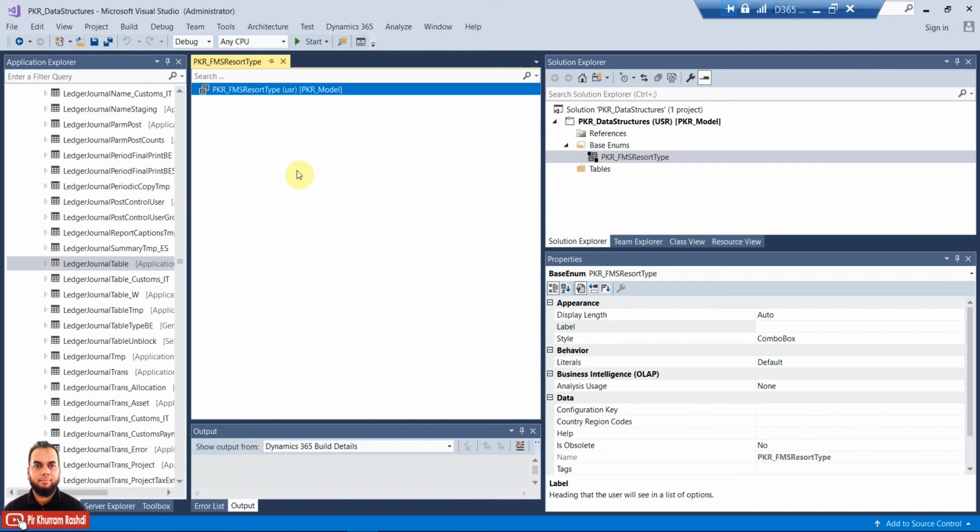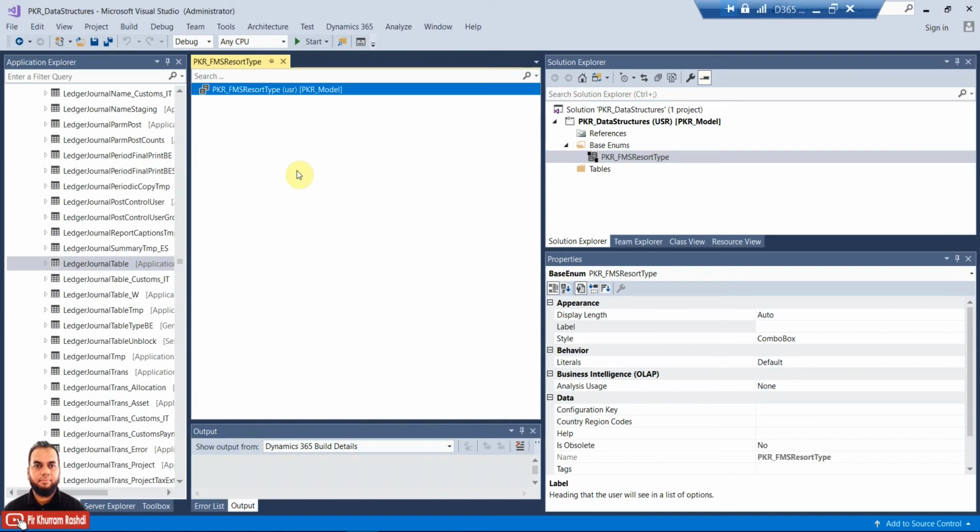Imagine when a company is not set up and you are creating a new company. That string can be in capital letters, small letters, or whatever form. So it is a loose end, not an accurate comparison. So always use base enums whenever you need to compare certain parameters or values. Base enum is always suggested.